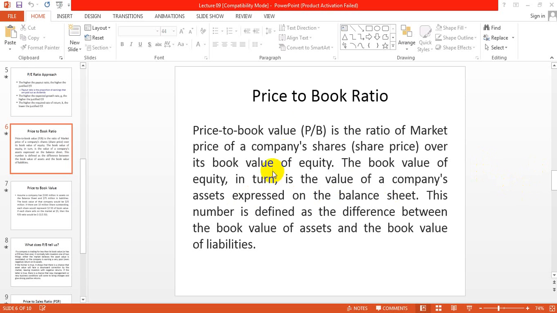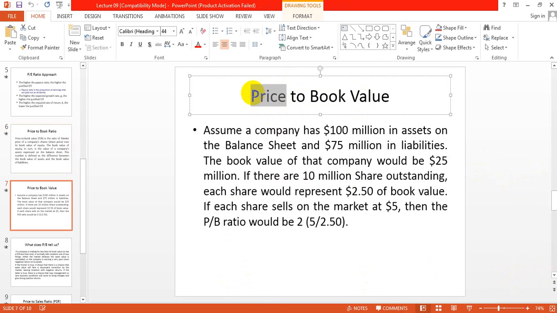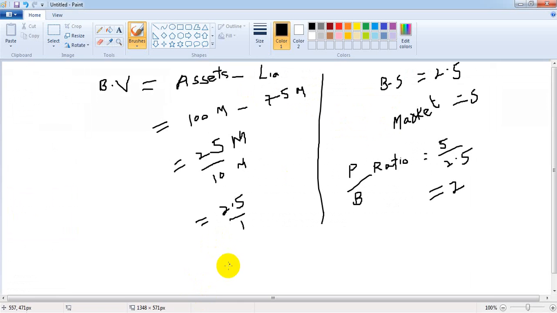In the previous class, we were discussing the price to book ratio. Told you about this in detail. Told you about price. Price means market price, and book value means total assets minus total liabilities, which is equal to book value. And then after calculating the book value,